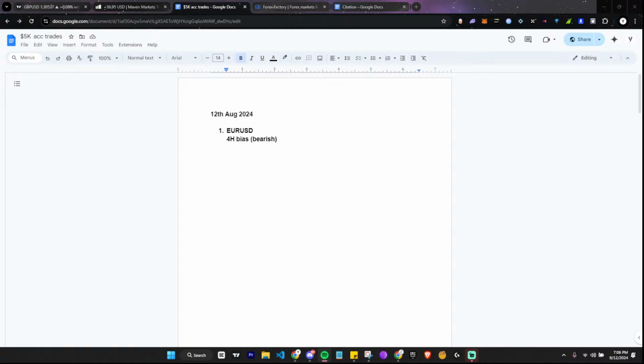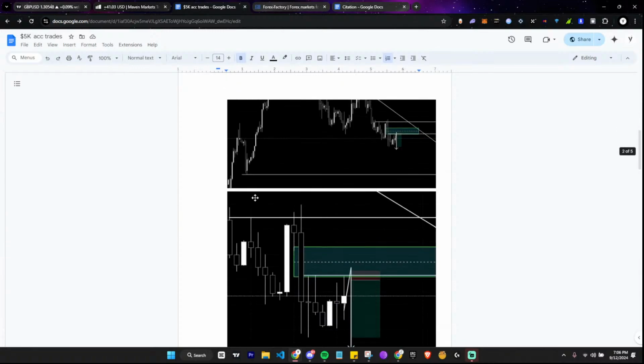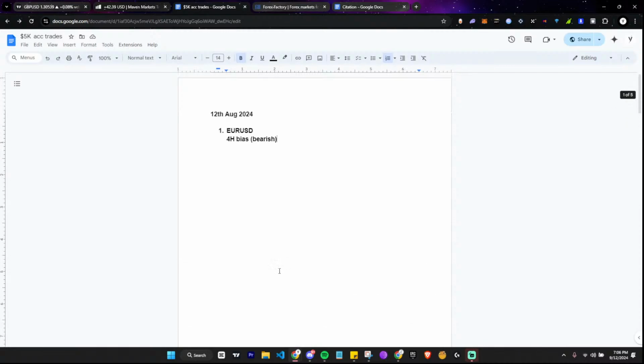Okay, so the first thing that I want to show you guys is Euro USD. Now I took a loss here. It was about $31, and yeah, it is what it is. So I take 2 trades every single day, and yeah, so that's pretty much it. So as you can see, this is the first trade that I took, which was a loss, but the second one is going amazing. Okay, so first of all, we have this.